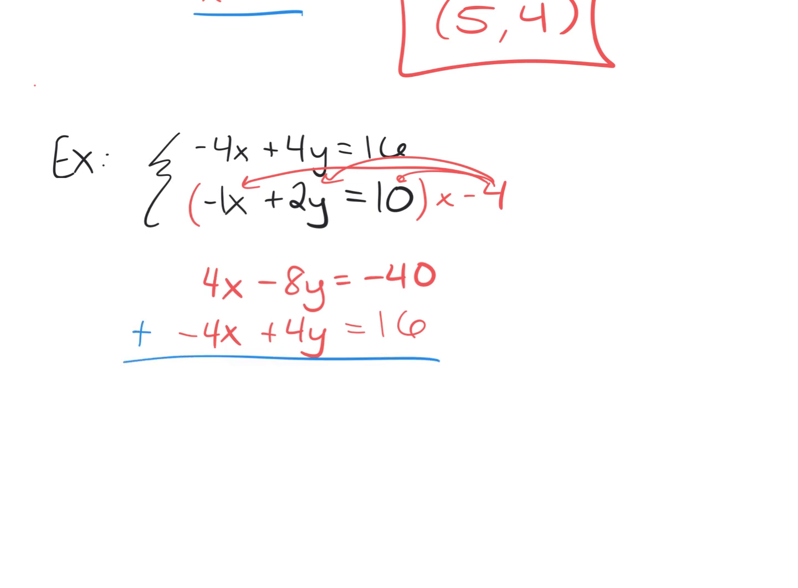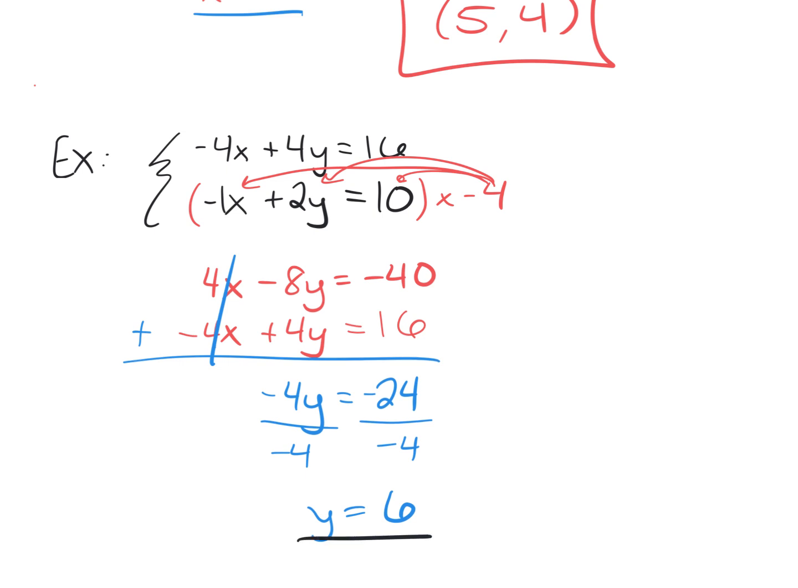Big addition problem. What happens to the x's? They cancel, which is good. Negative 8y plus 4y. Negative 4y. Negative 40 plus 16. We get negative 24. Next step, divide by negative 4. So we have y equals 6. Positive 6, because we got negative divided by negative. Underline it, so you don't forget about it. What do I do with that? Plug it into the one you didn't change. Yep, I'm going to plug it into the one I didn't change to eliminate